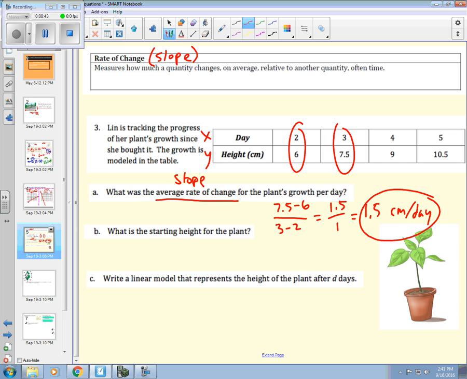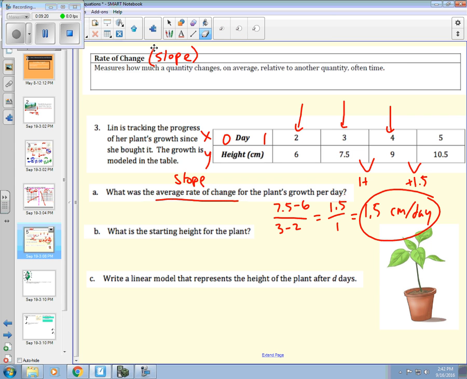What is the starting height for the plant? Well, they don't give us that in the problem, but we could figure it out by going backwards here. Okay, so on our table, this is after 2 days, 3 days, and 4 days. What would this look like if we went backwards and had 1 day and 0 days? Because 0 is what we want to find, that's our starting height. Well, we found this slope of 1.5 every time. It's adding 1.5 to the previous one. So we just want to do the opposite then